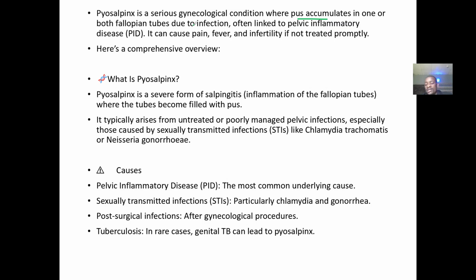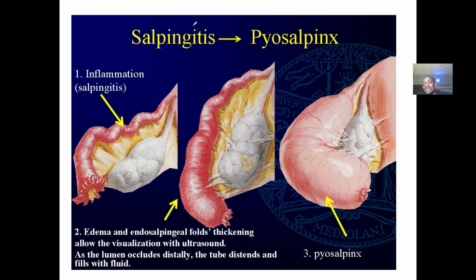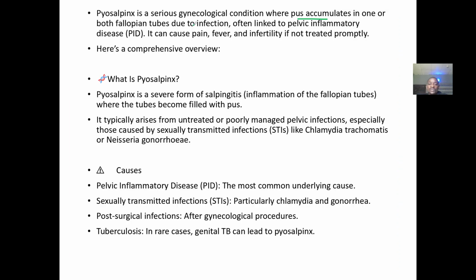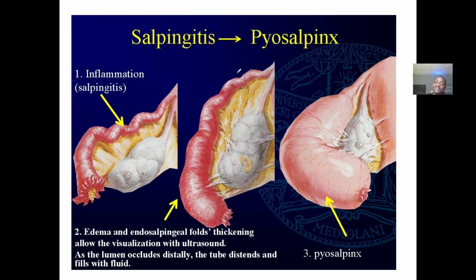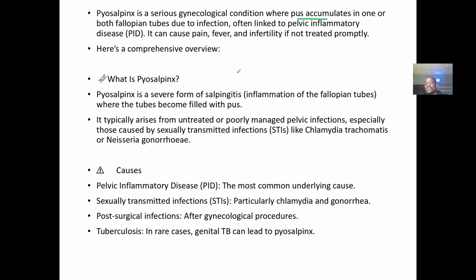All right. Then most of the times, this has come in because there was a previous history of pelvic inflammatory disease. So it's a severe form of salpingitis. So a normal inflammation of the fallopian tubes, there's no accumulation of pus, but when it gets severe, there's accumulation of pus. So, typically arise from untreated or poorly managed pelvic infections, especially the ones caused by Chlamydia trachomatis, Neisseria